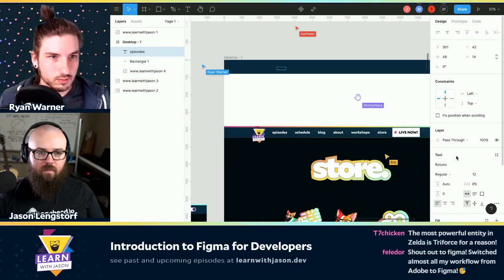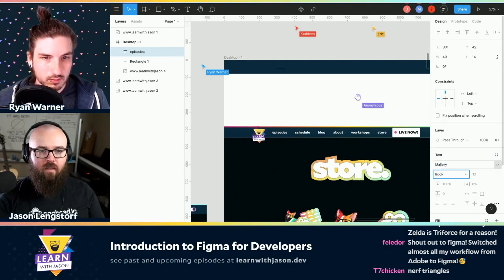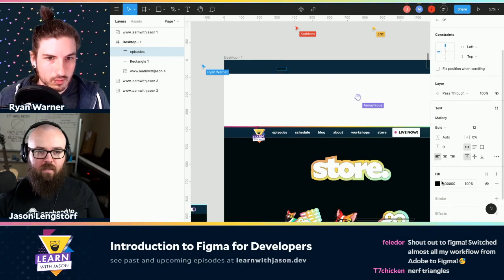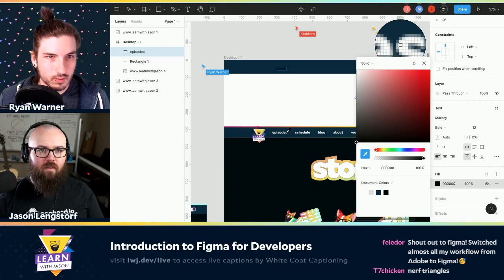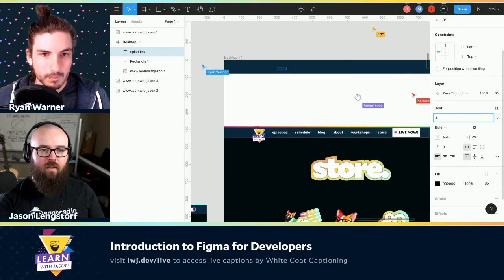All right, so let's make these... The font that I use is Mallory. And let's make it white so we can see it. Or I don't know if I change these to a subtle off-white, but let's just grab that. Looks like it is pure white. All right, Mallory.